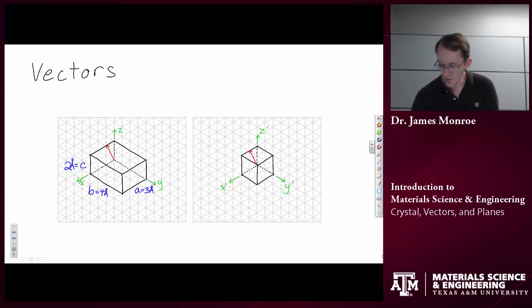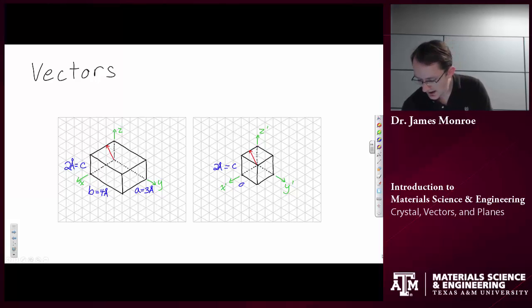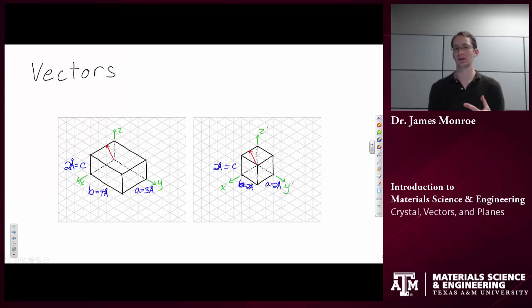For the crystal on the right, the C-axis is equal to only 2 angstroms. The B-axis is equal to 2 angstroms. And this A-axis is equal to 2 angstroms. So for a cube, we actually say that the unit cell edge length is only A, and A is equal